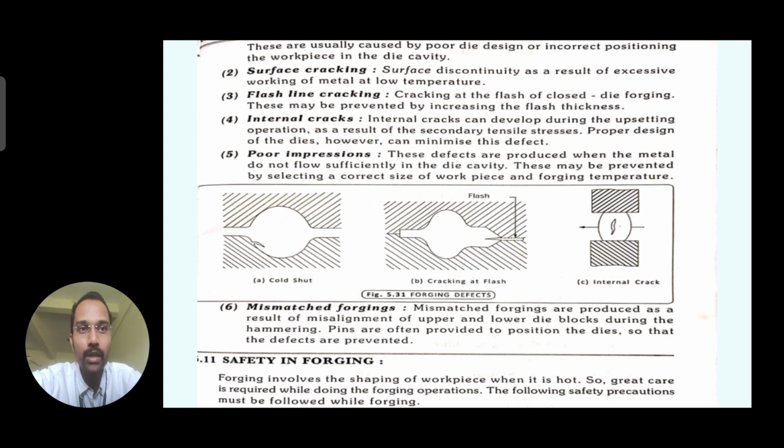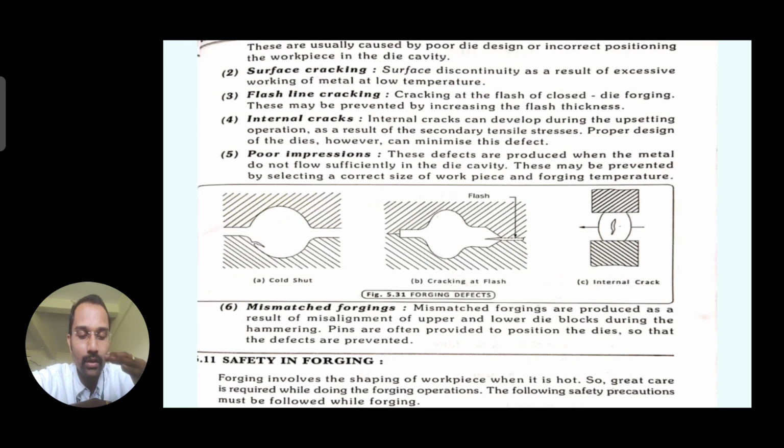Similarly, incomplete impressions. Impressions mean the metal which we heated is placed in the die cavity. You are getting that point, die cavity.